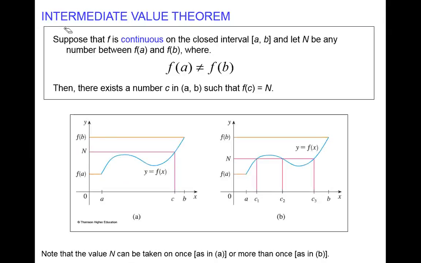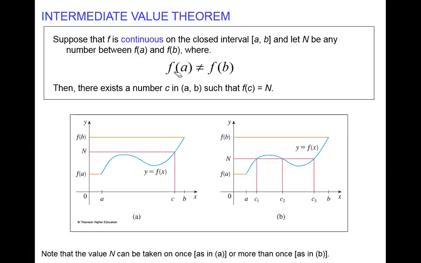What is this telling me? Suppose that f is a continuous function on the closed interval from a to b, a nice and smooth curve, for example, that blue curve. And let n be a number between the values f of a and f of b. That means n is simply a horizontal line between f of a and f of b,